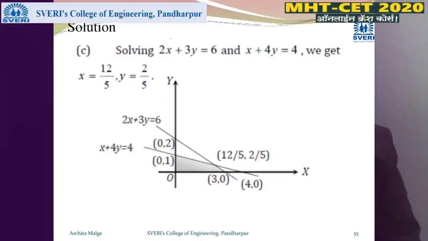So first we are getting that point of intersection, and here look at this, 2x plus 3y is equal to 6. So here it is point of 0, 2 and 3, 0. By using this next equation, x plus 4y is equal to 4, that is here. So this is the solution. Next example,